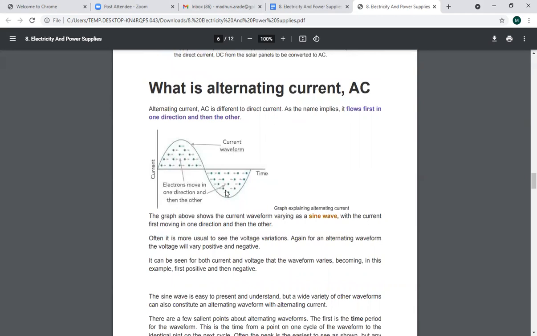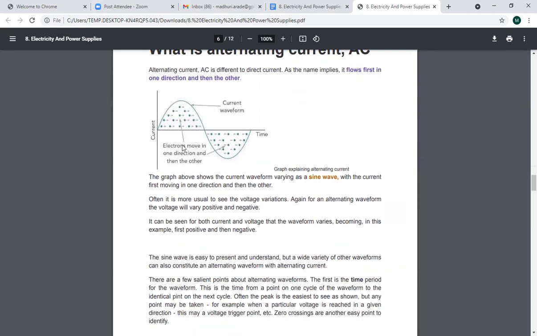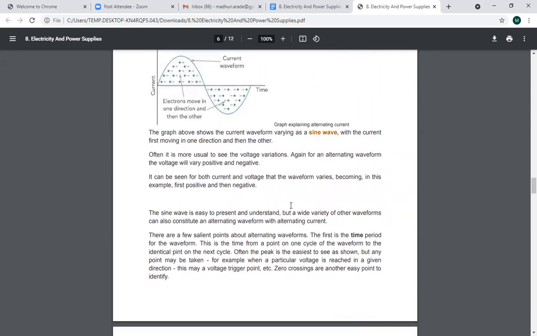In this sine wave, first see this waveform, it carries a charge towards the right side, and after the second sine wave, it carries the charge towards the left side. So in this way, the current flows in different directions as the waveform changes. This one, above, is positive, and this one is of negative electrical energy.